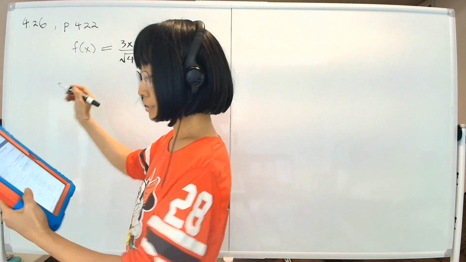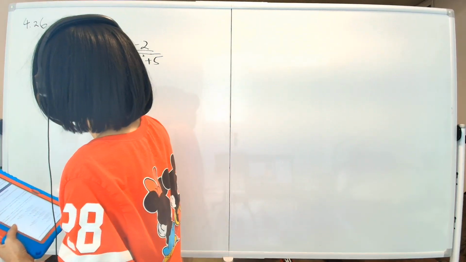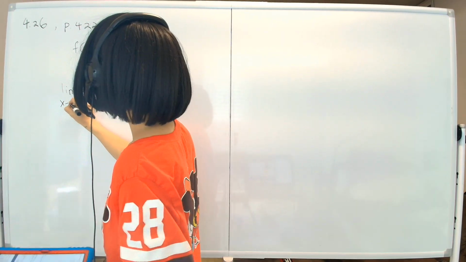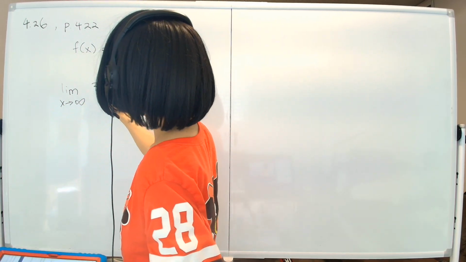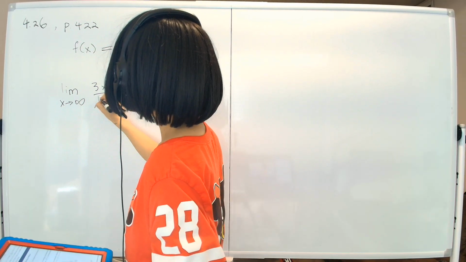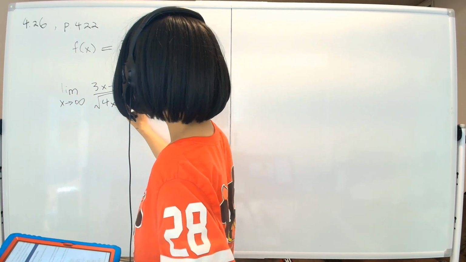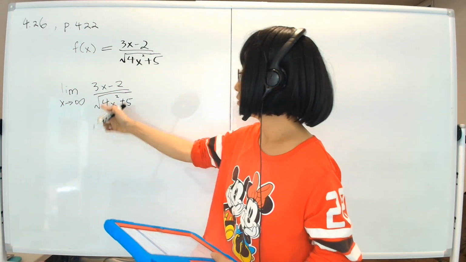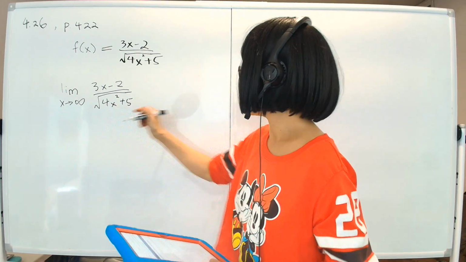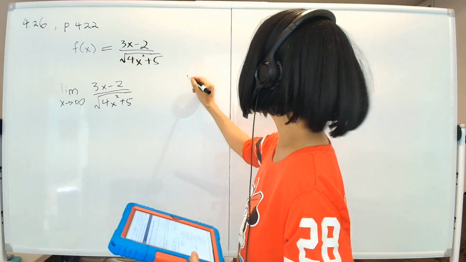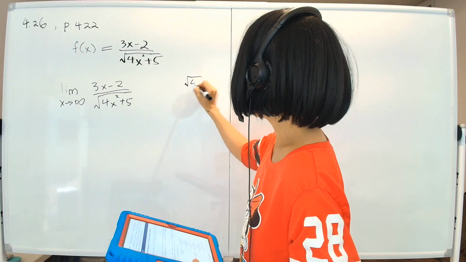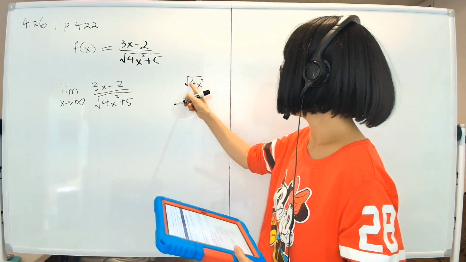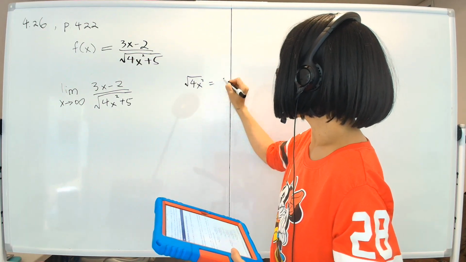Okay, so let's first consider positive infinity. The limit as x approaches infinity of 3x minus 2 over the square root of 4x squared plus 5. Now, how do you find the limit of such a thing? When there's a square root involved, you consider the highest power. The square root of 4x squared, what is that? Actually, we don't care about the 4. That is the same as